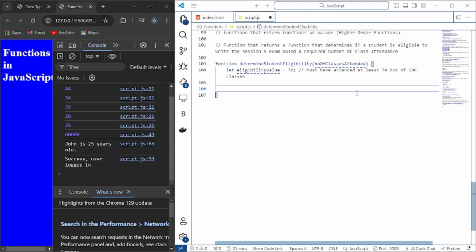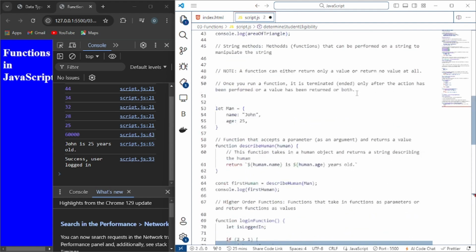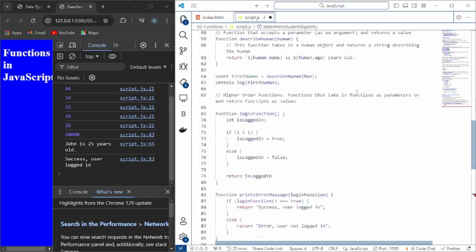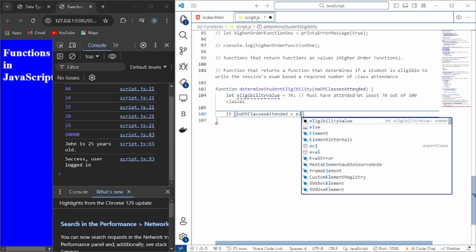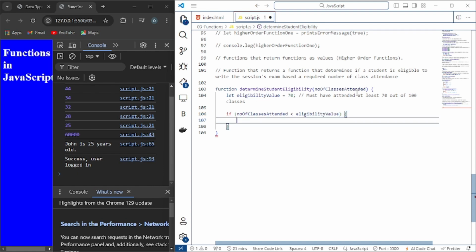And now we're going to say if. So we're making use of if statements here. We're going to look at control structures as well in coming videos. So if the number of classes attended by the student is less than the eligibility value, then we're going to return that the user is not eligible, or the student is not eligible to write the sessions exam,